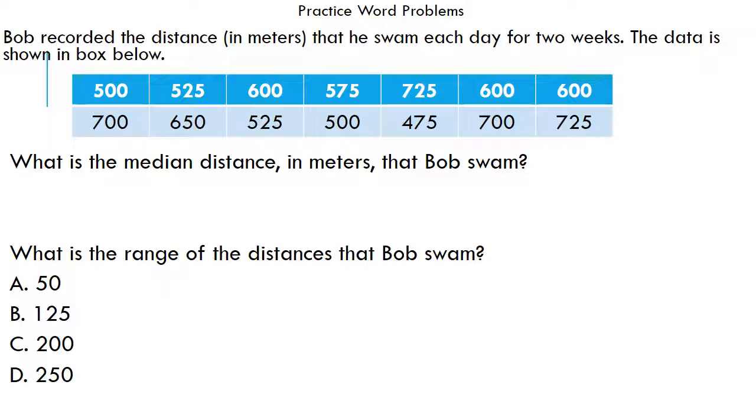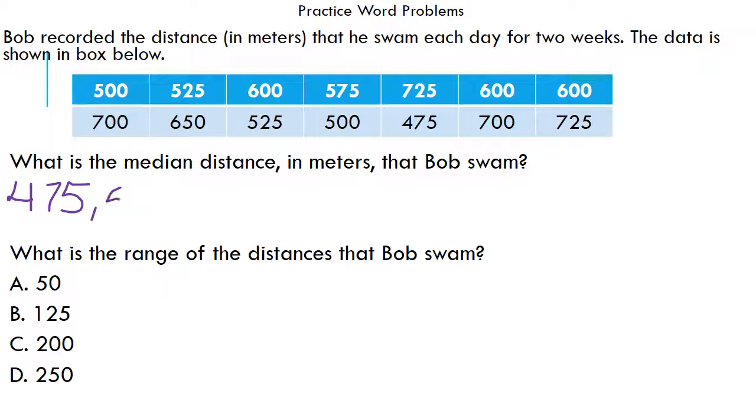Okay, I pulled blue group. The two partners in the blue group, go ahead and tell me, how are we supposed to find the median? Okay, yes, we're supposed to list our numbers in order from least to greatest. That's our first step. So according to the table, we should have